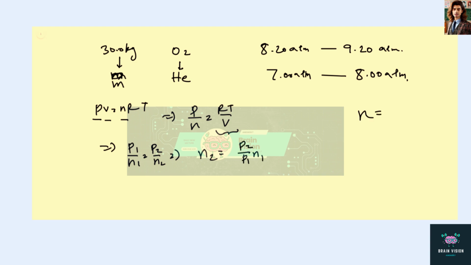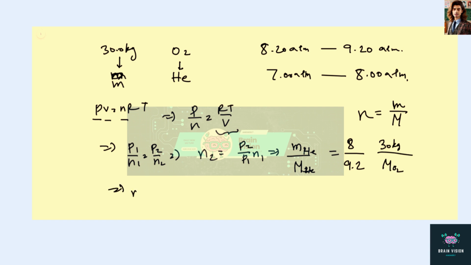We know that the number of moles of any gas is equal to the mass of gas divided by the molar mass of the gas, which means m2 by capital M2, where 2 stands for helium, is equal to pressure 2, which is 8 atmospheres, by pressure 1, which was 9.2 atmospheres, times n1, which was for oxygen, 30 kilograms by the molar mass of oxygen. Therefore, the mass of helium required is 8 by 9.2 times 30 kilograms times the molar mass of helium